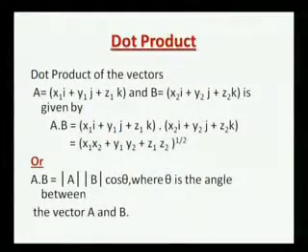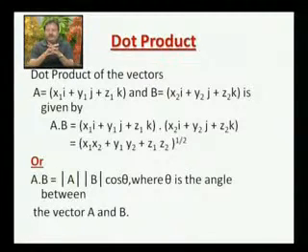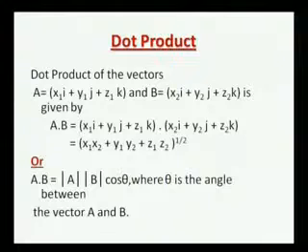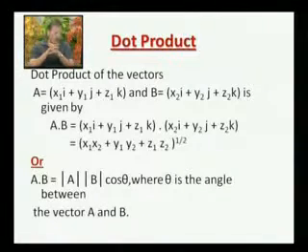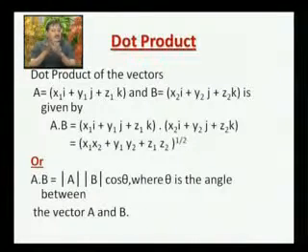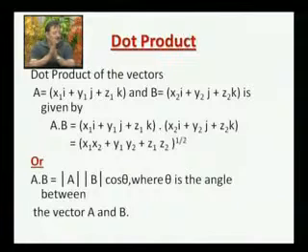Now the dot product. Again, the dot product is a very important concept. As I said, we use the word product for multiplication of two different vectors; we should not use the word multiplication. Here we are using the word product, the product of two vectors. There are two types of product. The first type is the dot product and the other is the cross product. Now the dot product is defined, or let me explain first.